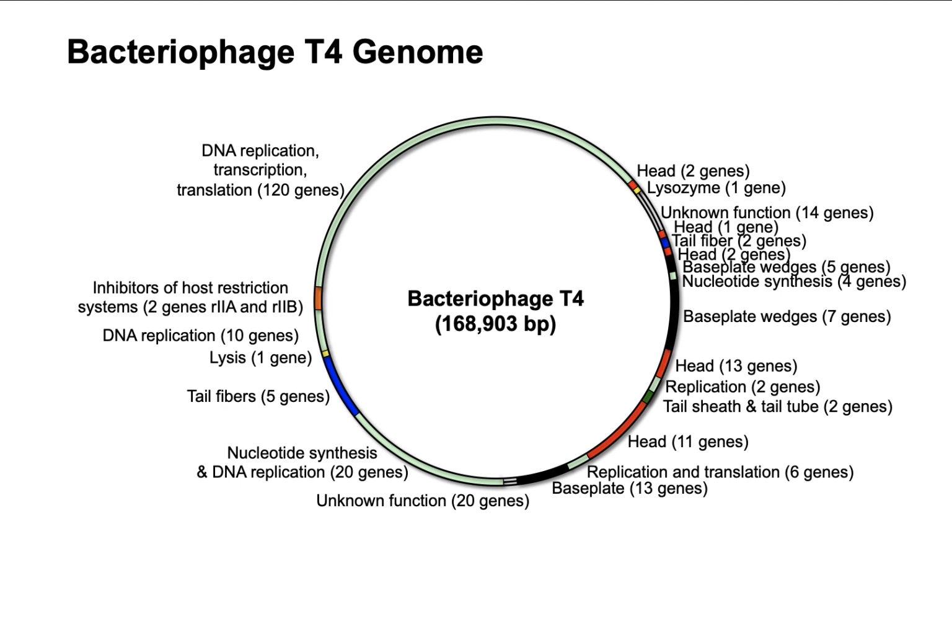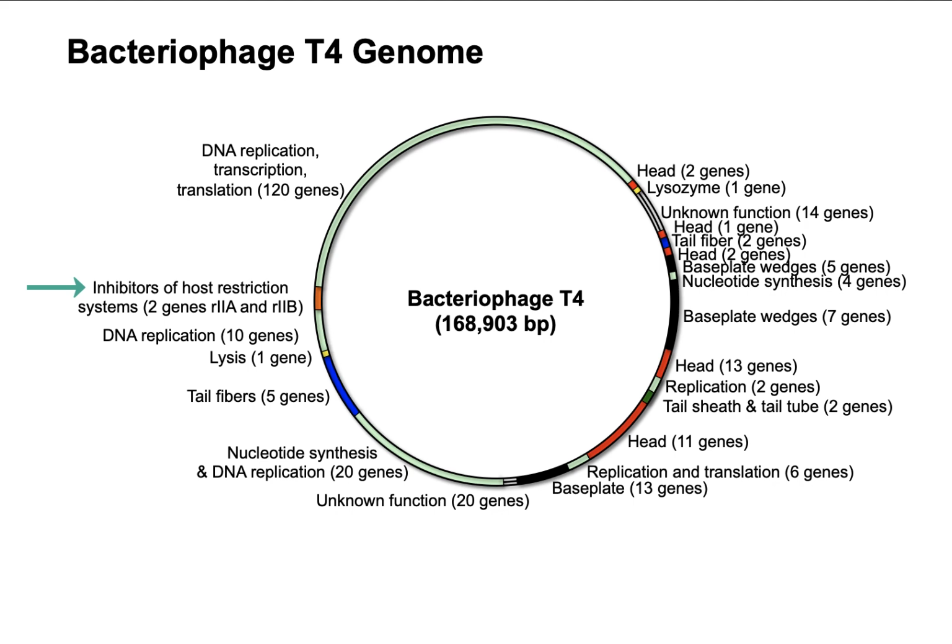In addition to carrying the genes for tail fibers, tails, heads, and things to make the virus, it also carries with it genes for DNA replication, transcription, translation, some on nucleotide synthesis and DNA repair, lysis, some of unknown function, and then a couple of genes for inhibitors of the host restriction system. The restriction system meaning the restriction enzymes that would chop up foreign DNA. In this case, it has inhibitors of those systems so that its DNA does not get chopped up by the